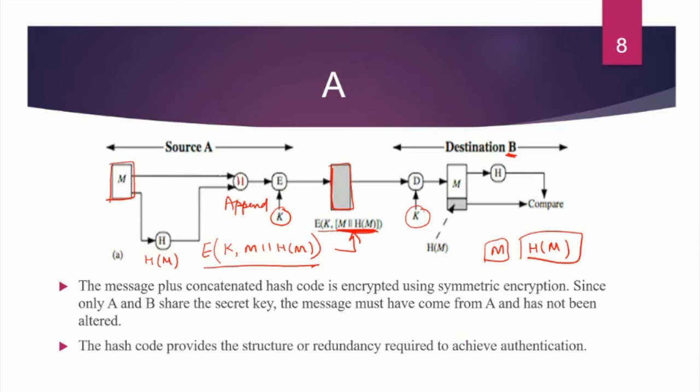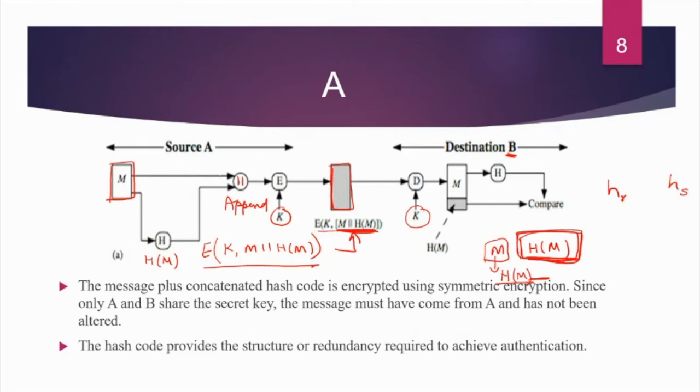Now this M will again undergo the hash function. The hash function is known to everyone, so the other party also knows which hash function you have used. So the receiver, B, will again compute the hash value of this message. Suppose the hash value computed at the receiver's end is H dash, or let's call it H of R, the hash value computed at the receiver end. And if you remember, in the beginning we separated one hash value. Let's call it H of S, the hash value sent by the sender.